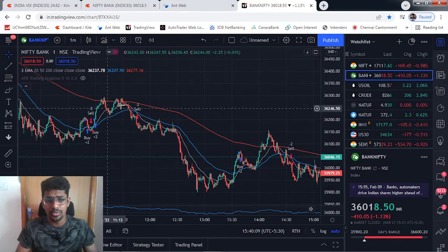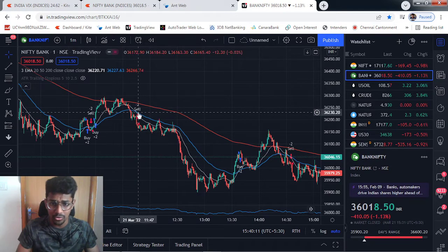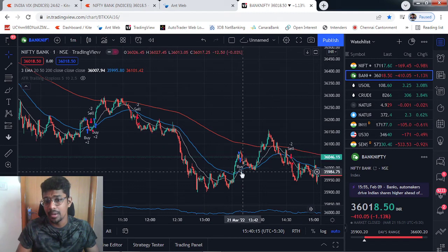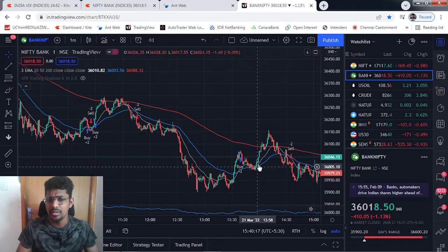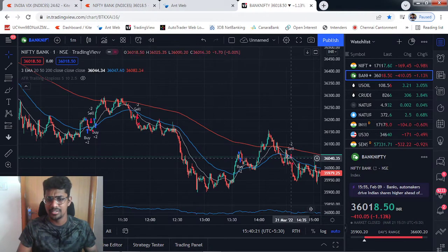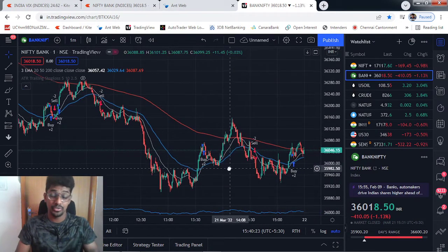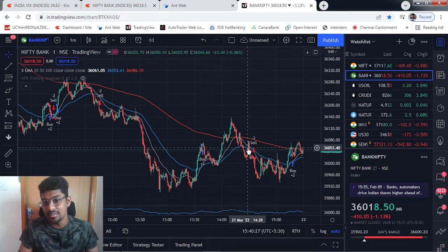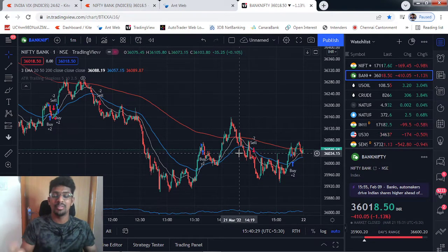Maybe if you are going with the 1 minute time frame, you would have sold here, booked profit here, and then don't immediately buy, wait for this correction, maybe enter here, and book profits wherever you want, or you can wait and get another selling position. Because with option selling, this is the benefit: from one signal to another signal, there won't be much loss because there will be some decay.